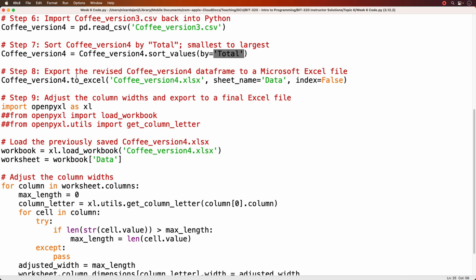Next is export the revised coffee version 4 data frame to a Microsoft Excel file. So again, when you export, you do the to_, whatever the data destination that you want to use. So in this case, it's an Excel file, so I'm going to call the to_excel method on my data frame. You have to give it the name of the Excel file. If you want to give it any more attributes, like what do you want to call the sheet name, we're going to call it data,